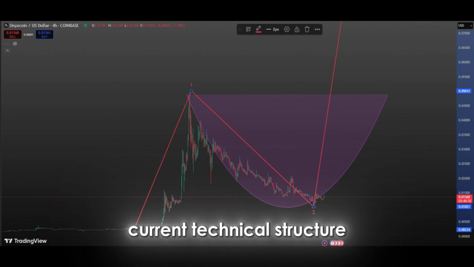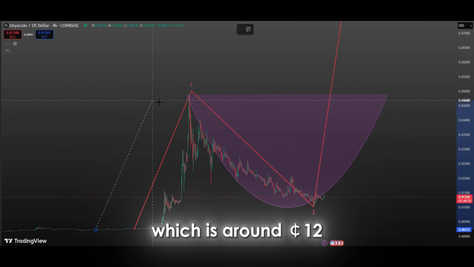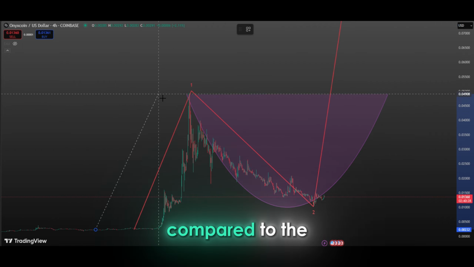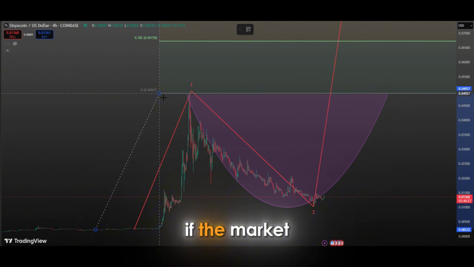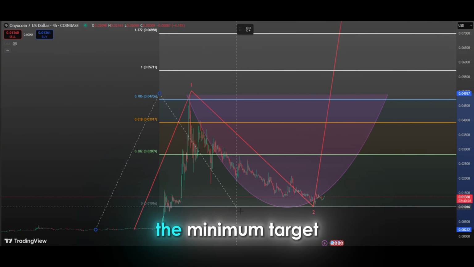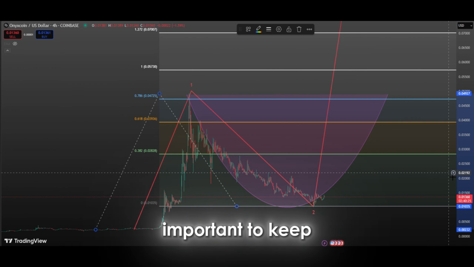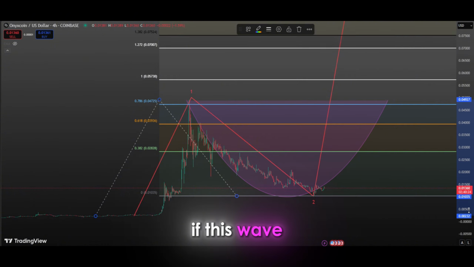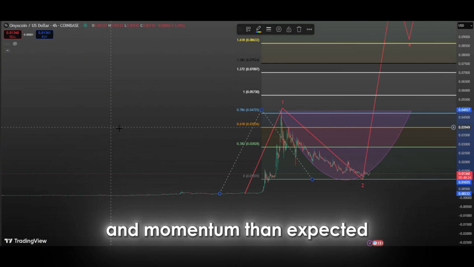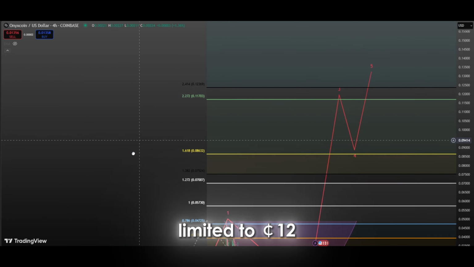Looking at the current technical structure, we can expect the third wave to reach the level indicated by the green line as its target, which is around 12 cents. This is quite a strong upside compared to the current price level. If the market is generally positive and the price follows this wave structure, the minimum target for the third wave could be 12 cents. However, it is important to keep in mind that if this wave gains more volume and momentum than expected, there is a high probability that the price will not only be limited to 12 cents, but